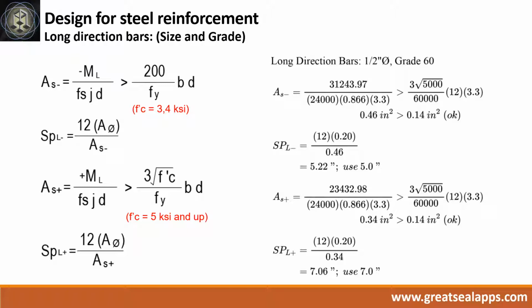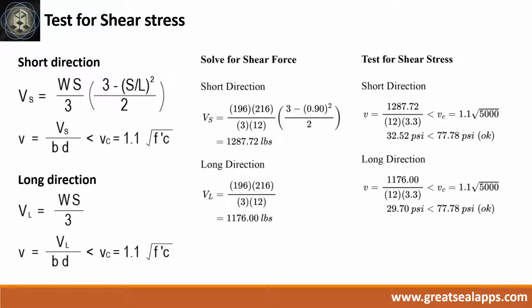At long direction, given negative moment equals 31,243.97, positive moment equals 23,432.98, Fs equals 24,000, J equals 0.866, and D equals 3.3, the area of steel for negative moment is 0.46 square inch, with spacing at 5 inches, and the area of steel for positive moment is 0.34 square inch, with spacing at 7 inches. The short direction shear force is